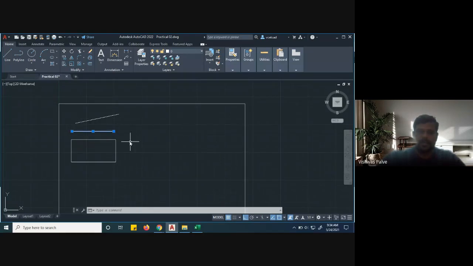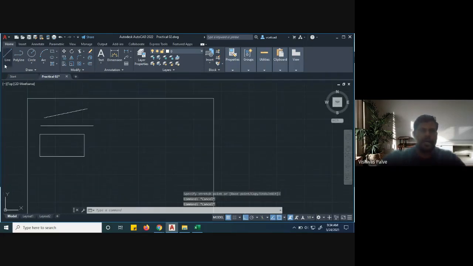So when you move your cursor to any of the points, it turns red, and then click there. You can stretch that line to whatever distance you want. So this feature is called stretching the line to a certain length. If I want to extend it, you can do it. If you want to reduce it, you can do it, right? So this feature is called stretching the line.